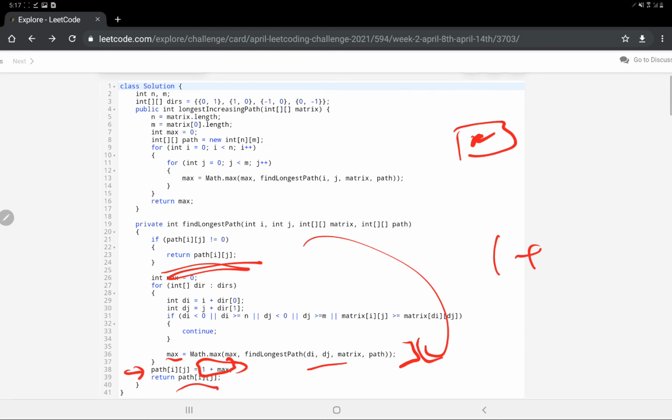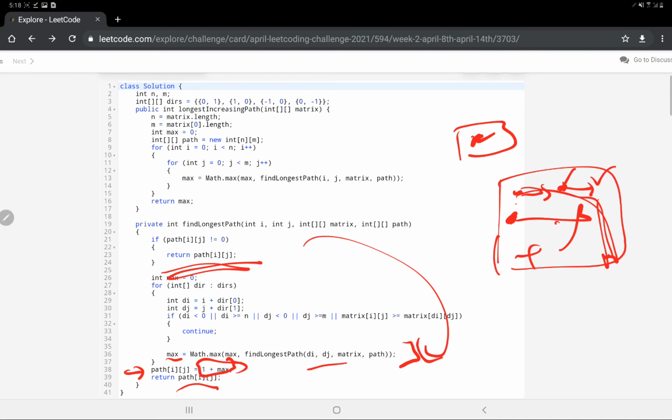After that, as the computations proceed, it will return. So initially, the algorithm goes to this point and checks if this is a valid move. A valid move is one that is not outside the boundary, and it also checks whether the value is increasing or not. If it's increasing, it will move, and again move, and so on. In the first computation, many of the values would be calculated in the path array. In the second computation, it's calculated, okay, it's calculated, okay, now it will move to this point, then again calculate. Like this the algorithm will work, and it will return the value.